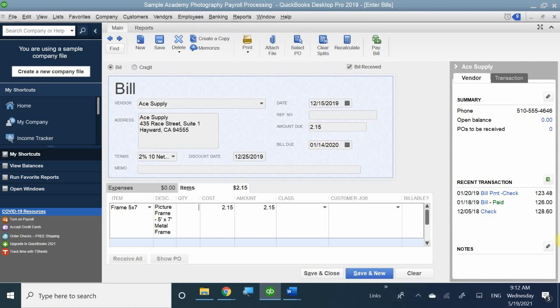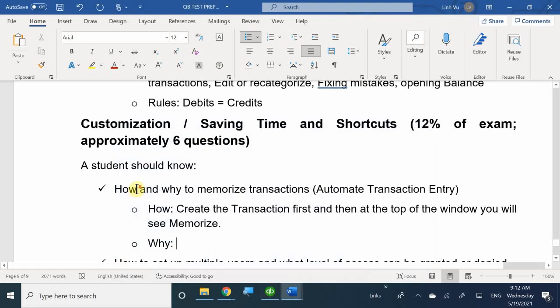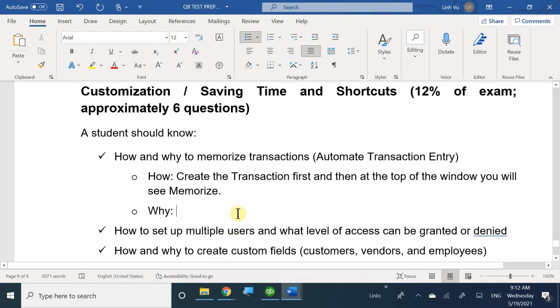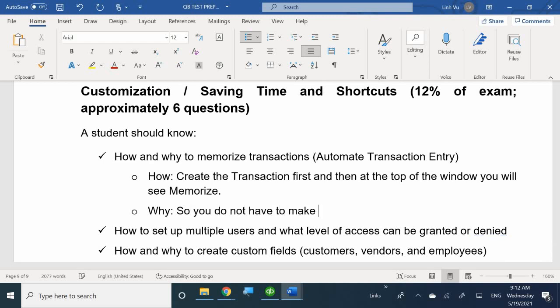So it is to help you so that you don't have to create an exact one every single time. So why? So you do not have to make another bill, sales, or transaction